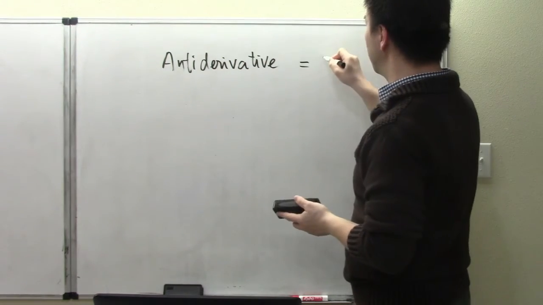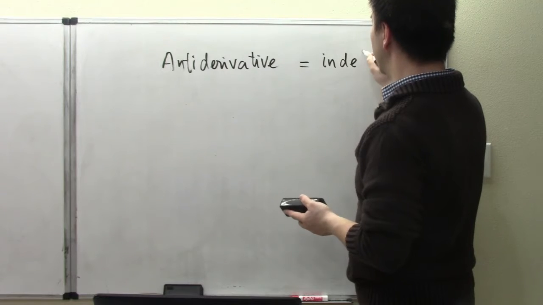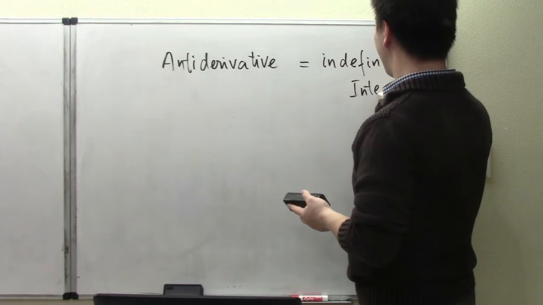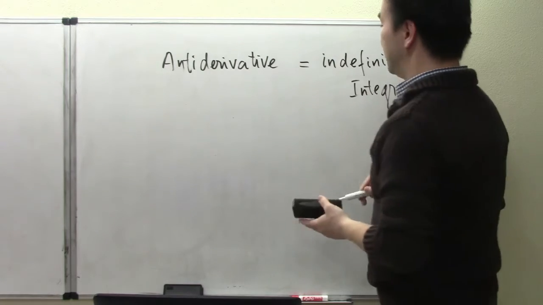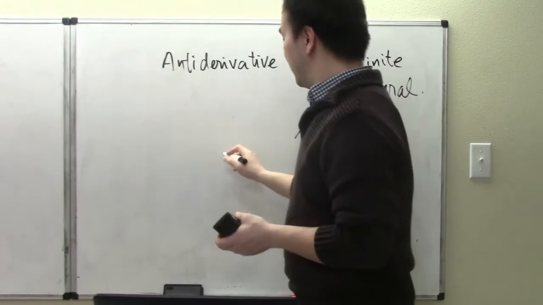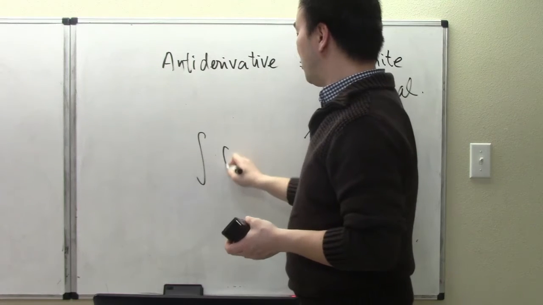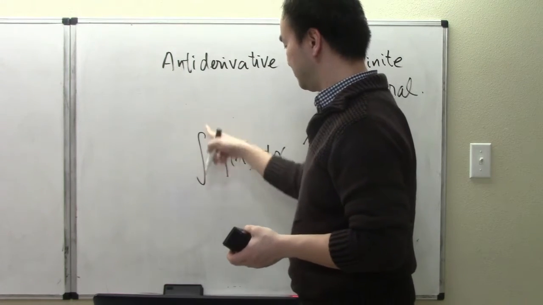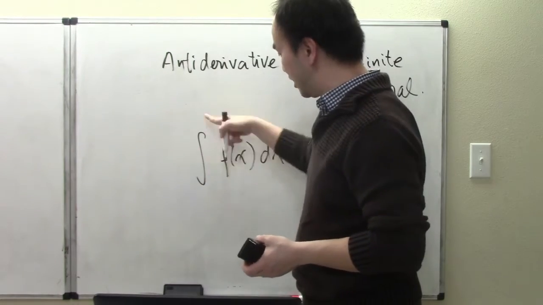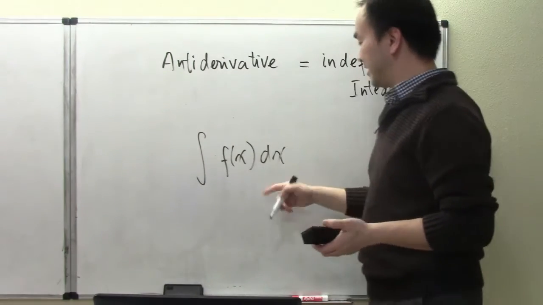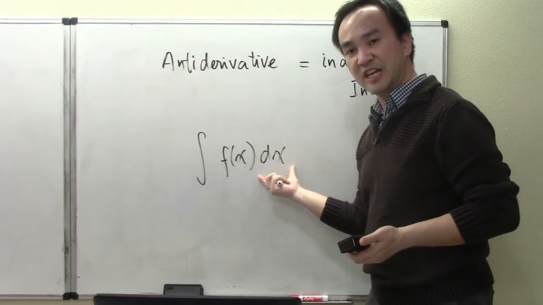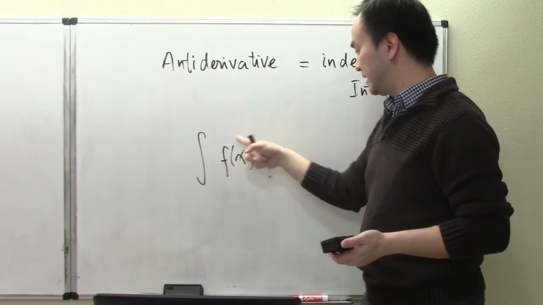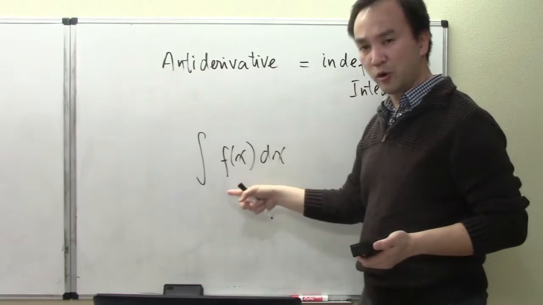It's the same as being regarded as an indefinite integral. The formal symbol for that is the integral sign without the lower and upper limit numbers, then there's a function, and then there's that dx. So we call this the antiderivative of f of x, or the indefinite integral, or even for short,